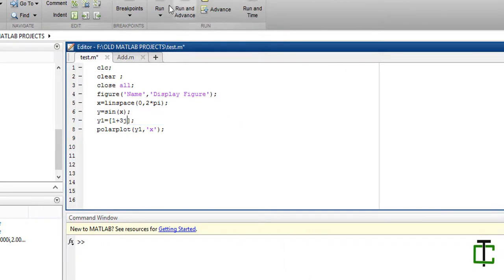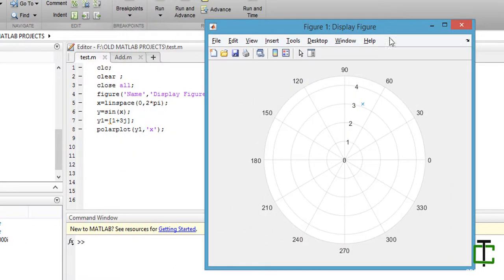Let's plot a single point, 1 plus 3j. Here you can see this theta gives the tan inverse of 3 upon 1, meaning it's 71.56 degree, and this r value, which is nothing but its amplitude value, is the square root of 1 square plus 3 square.